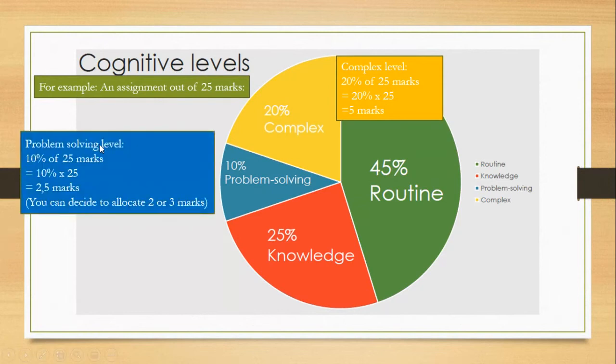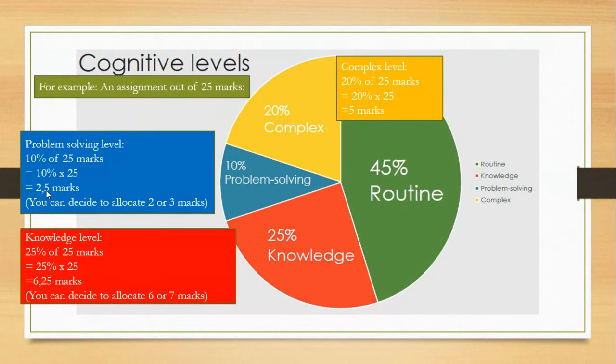Then for our problem solving level, it's 10% of the 25 marks. That is 10 divided by 100 multiplied by 25, and you get 2.5 marks. So now you can decide to either allocate 2 marks or 3 marks to the problem solving level questions. And this you can finalize once you have set up your assignment. You can tweak your questions there to let it count up to 25 marks. So you have to make sure in the end that all your decimals that you have rounded up or down